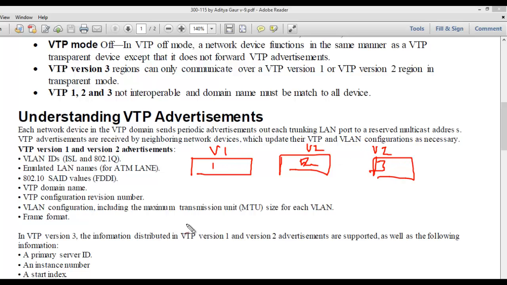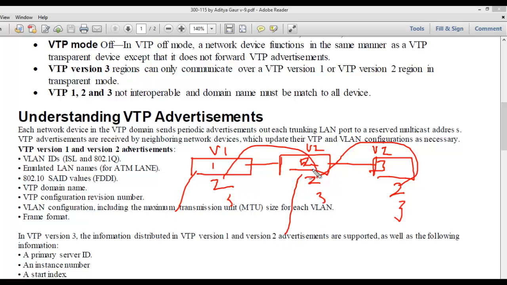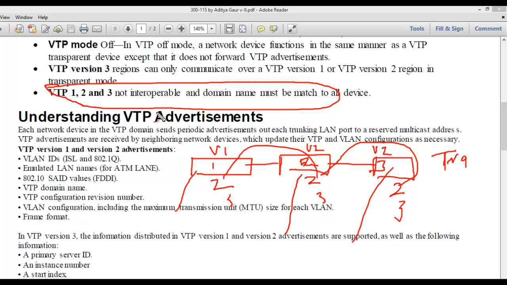And all switches may have common VLANs, VLAN 2 and VLAN 3 on each. Obviously they are interconnected to each other, and we want VLAN 2 to talk to VLAN 2 from switch 1 to 2, switch 2 to 3 and so on. So make sure these 3 devices, if they are running different VTP versions, must be in transparent mode so that they can exchange their data. If you have multiple VTP modes enabled on multiple switches,